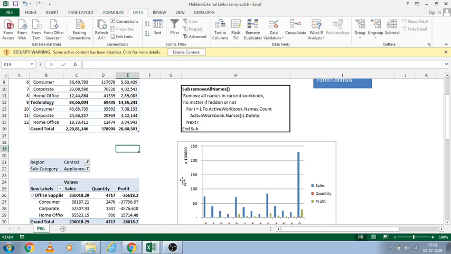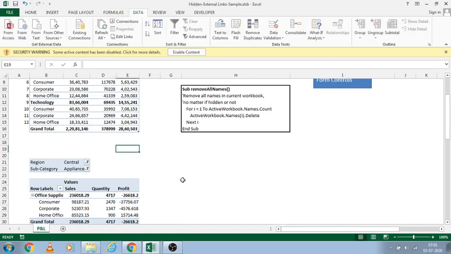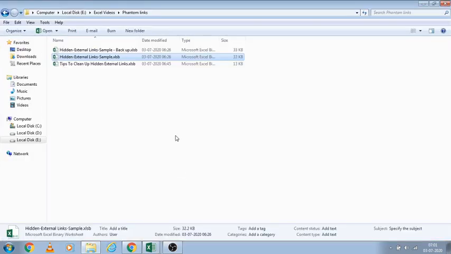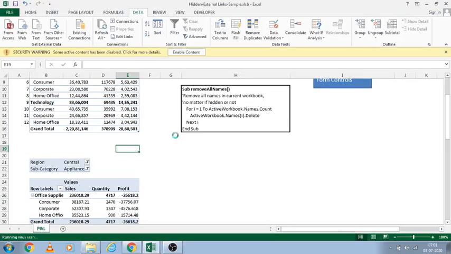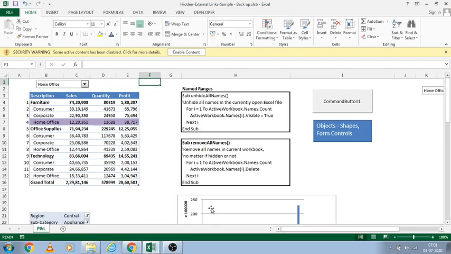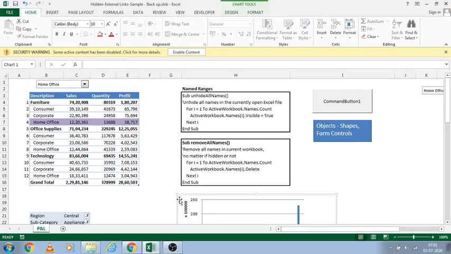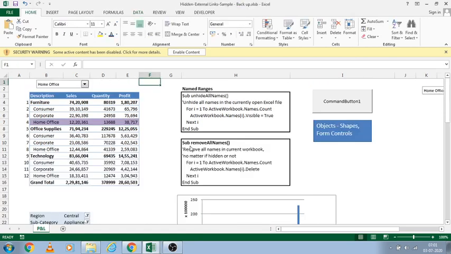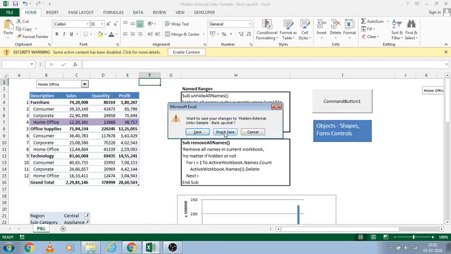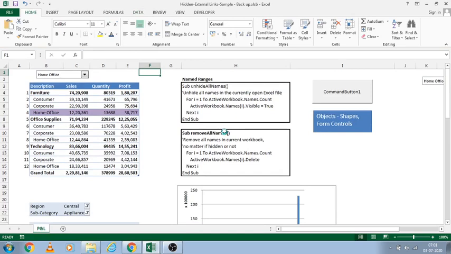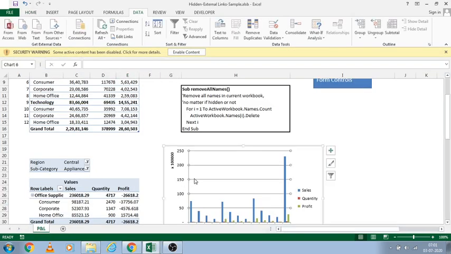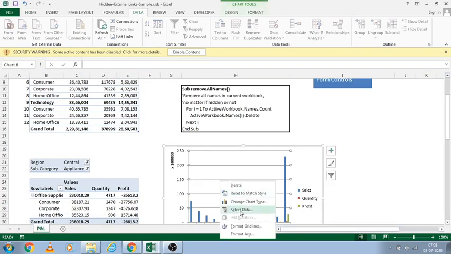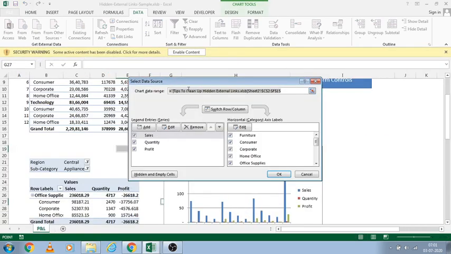I will take this chart from the backup file, copy and paste it here, and close the backup file. Now this file should have the links to external files, since the data has been linked from the other file.